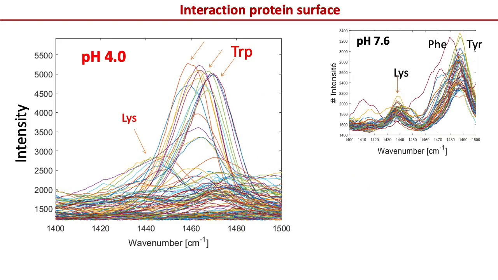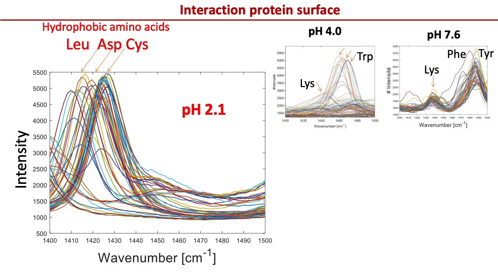At pH 4, tryptophan is even more marked than lysine. At pH 2, the spectrum changes totally. Only the amino acids which are hydrophobic are detected, such as leucine, cysteine. These hydrophobic amino acids are normally located in the core of the native protein, which is a sign that the